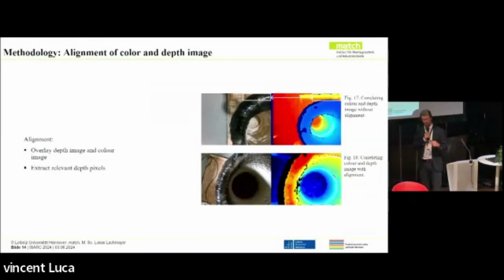We then need to align the color and the depth image. Without a proper alignment, you will end up detecting rebar where there's none. In reality, you can see it in the top part of this picture. There's a quite significant difference between both images. However, after alignment,